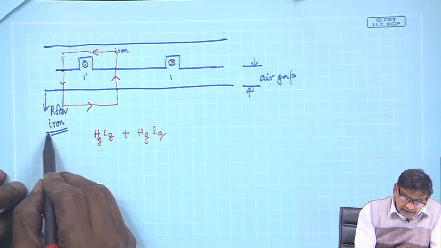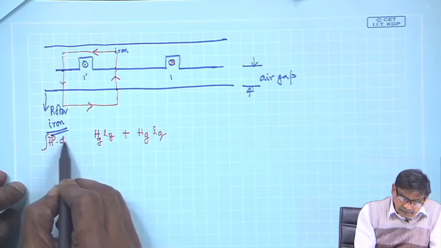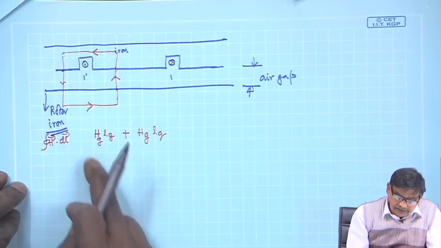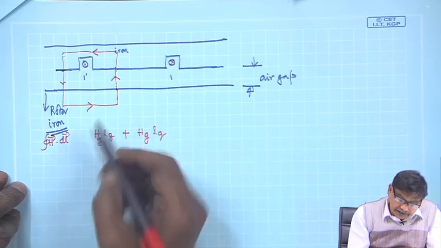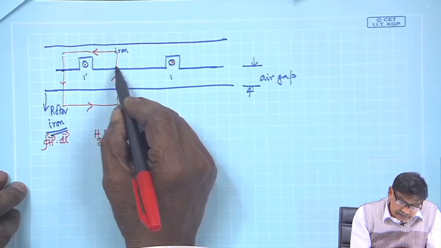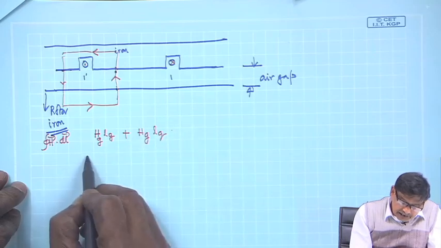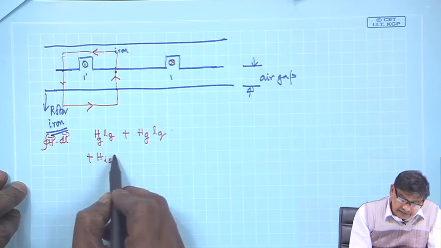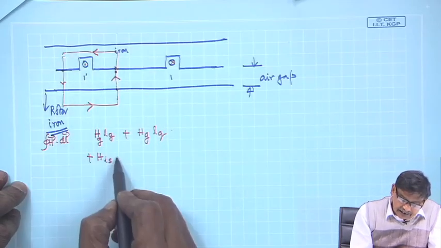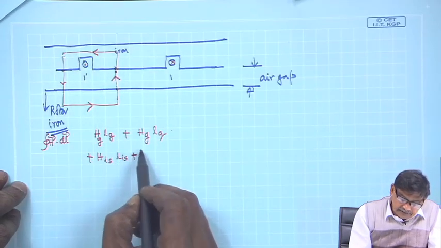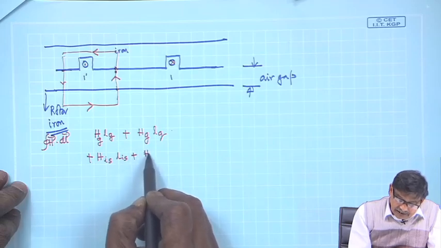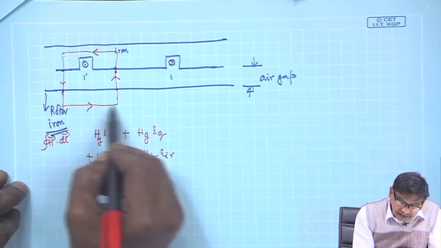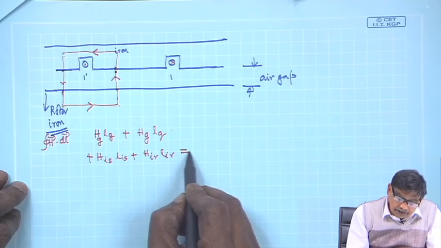So, the integral of H dot dl along any closed path, that is what I have chosen, and I have taken everything: Hg Lg, and if you like I will write this: H iron stator, whatever is this length, L iron stator, plus H iron rotor, L iron rotor, that is this length is L iron, and this must be equal to the